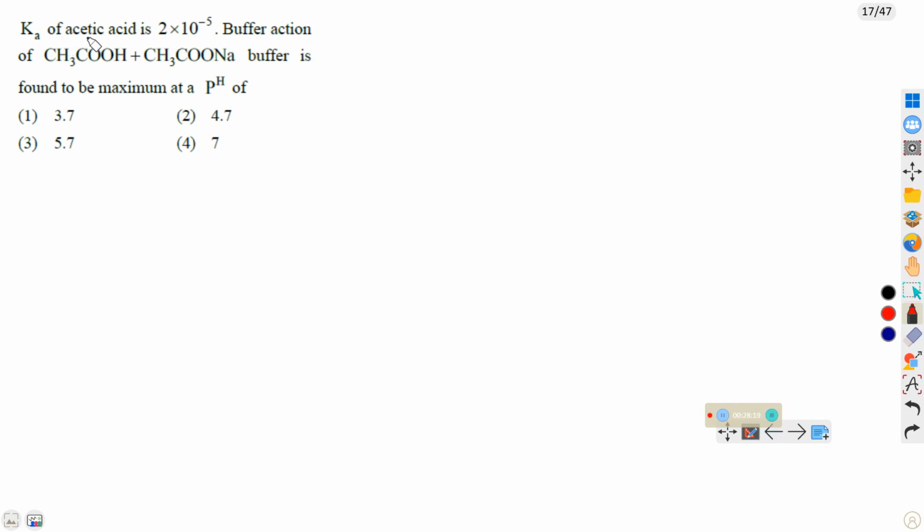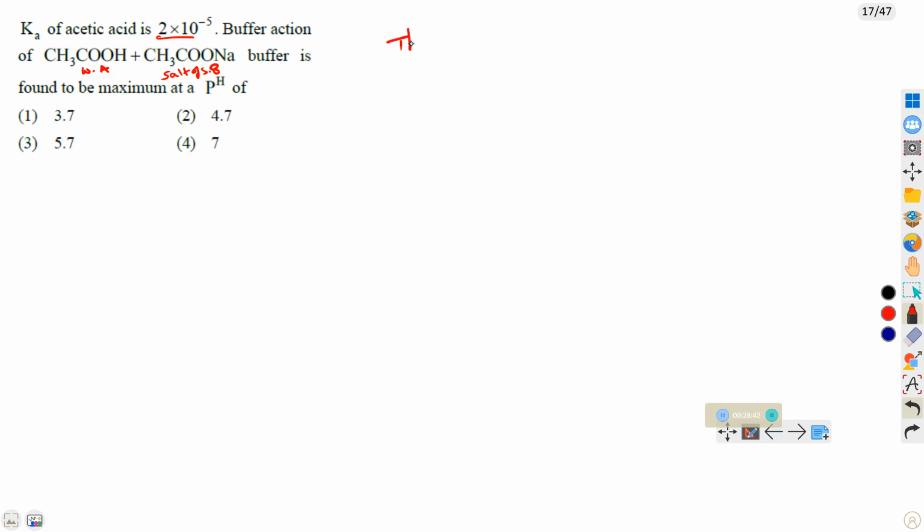Ka of acetic acid is 2 into 10 power minus 5. Buffer action of CH3COOH. CH3COOH is a weak acid. CH3COONa is a salt of a strong base. Buffer is found to be maximum at,